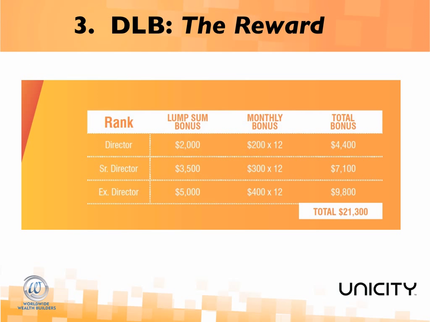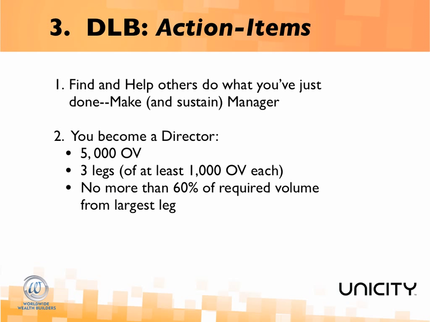So again, here's one of these orange charts, which people tend to glaze over again. But I say, look, the simple thing here is rank on the left, lump sum bonus after you hit and sustain that rank for 2 months in a row, $2,000 for director, for example, plus for 12 months thereafter, you get $200 a month. Now, $200 a month isn't great, but it's freebie, if you will. It's a bonus. It's on top of all of the other earnings you'll achieve, fast start, and other things that we'll discuss. All these things that we call bonuses are exactly that. They are bonuses on top of the usual income levels, and I show the sort of bonuses that can be had here.